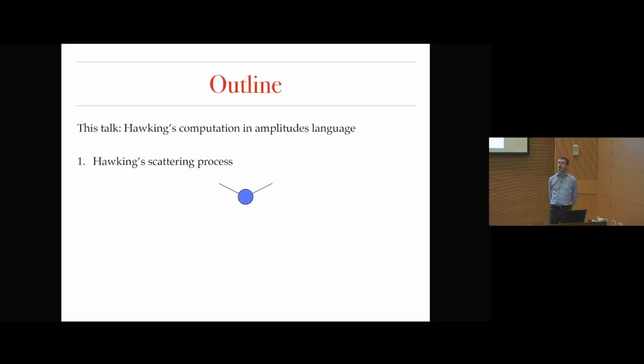I'm going to start by giving an overview of a certain scattering process, which is sort of intrinsic to Hawking's work. So this is a genuine scattering process. One particle comes in, one particle goes out. It's scattering off some blob there. And then I will just cross to get the pair production. So just take one of those legs, in state, and you just cross it into the out state, and now you're good to go in pair production.